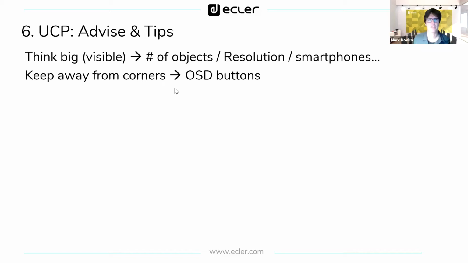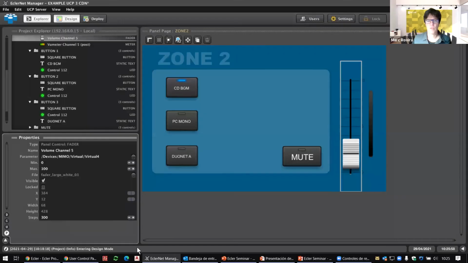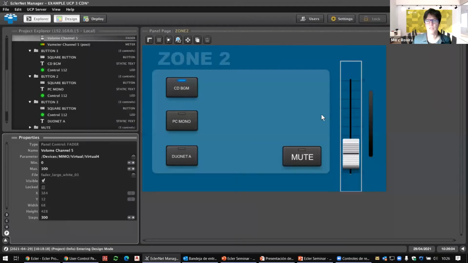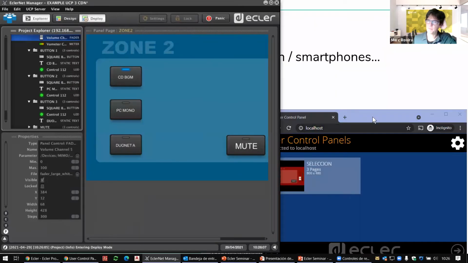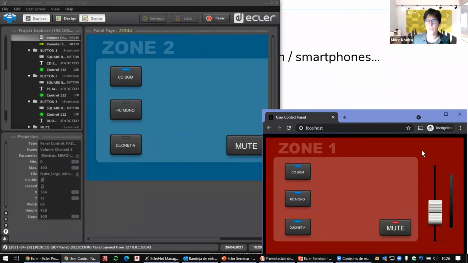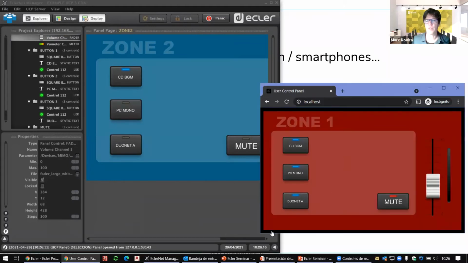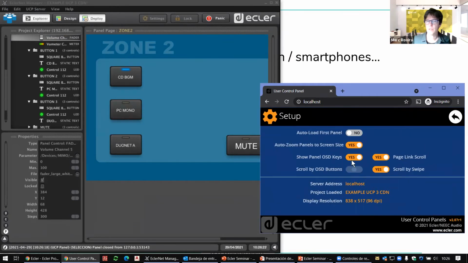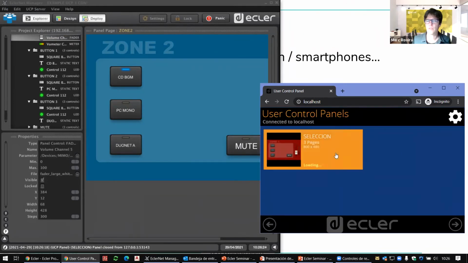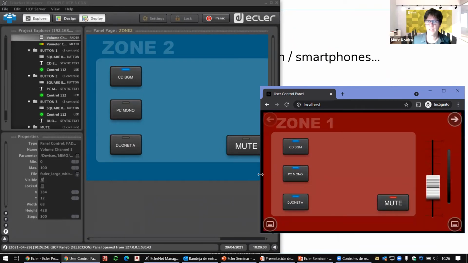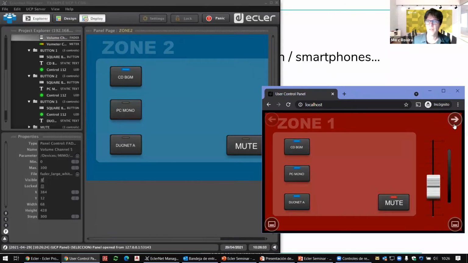Keep away from corners. If you are using OSD buttons, let me show you. This is the browser, but in WPNet Touch it happens almost the same. If you're working with OSD buttons, here they are placed in the corners, like that. Let's simulate. Okay, they are placed in the corners. So if you put a button here in your UCP,